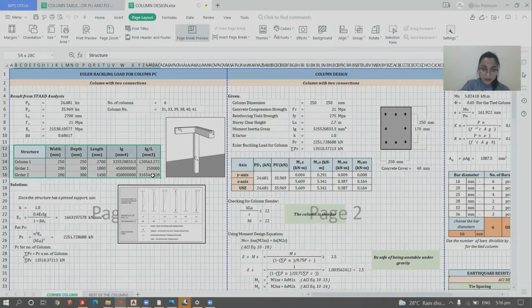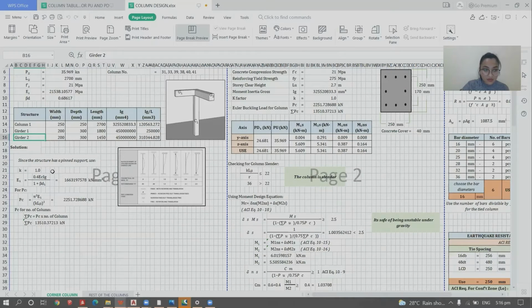So these are the parameters for column 1 with depth. So basically dimensions, and then we have inertia. And then for girder 1 and girder 2 connected to it, we have the value for K equals 1, E1 equals this. And then for PC equals pi squared times E1 over (K times L) squared